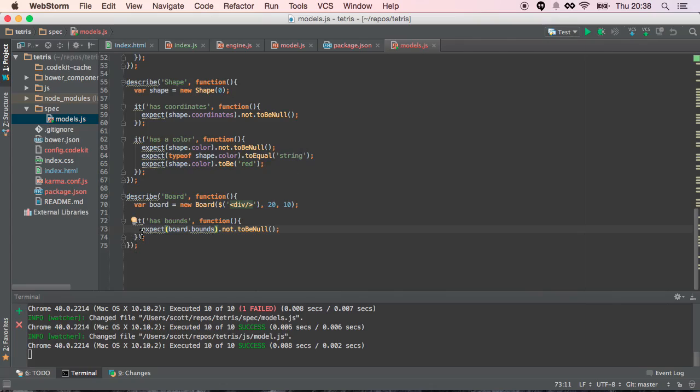That's not good. To not be null. Can we make a change, save? Okay. So that's not good. That's not a good test. Expect board.bounds not to be null. And